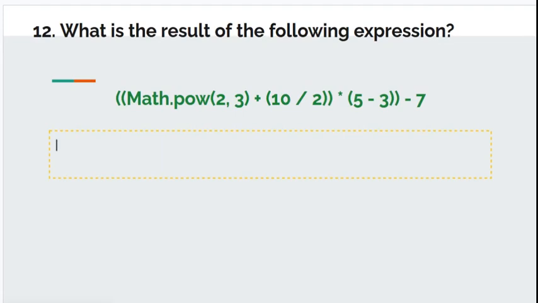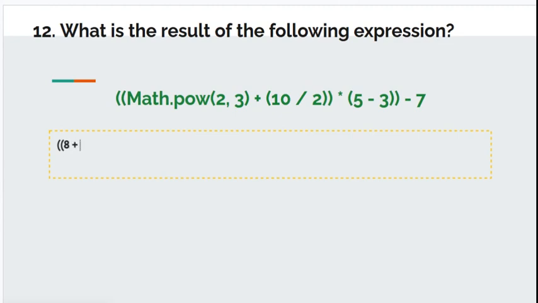Number 12, what is the result of the following expression? Here we get into a little bit of methods. We've got the Math class, which is a static class, meaning I don't have to make an object. I can just use it straight. And this one's the power of, and 2 is the base, and 3 is the exponent. So keep track of my parentheses. I've got a couple in here that are going to get a little tricky. So Math.pow, 2 to the third. That means 2 times 2 times 2, which is our 8,